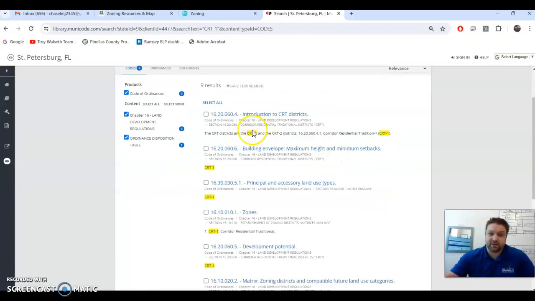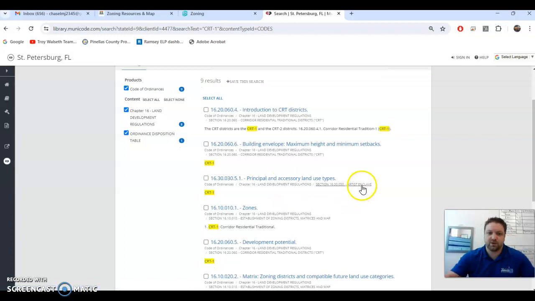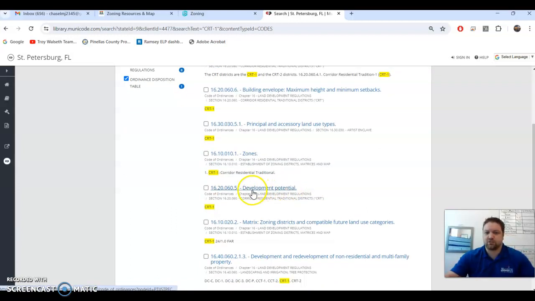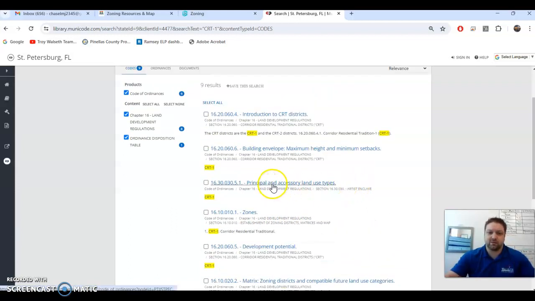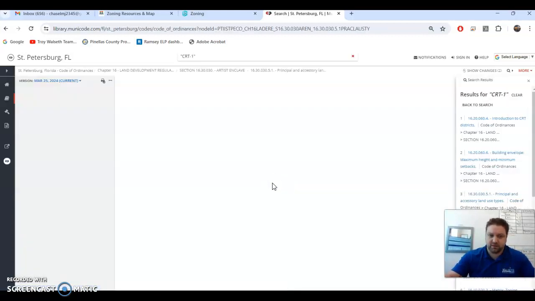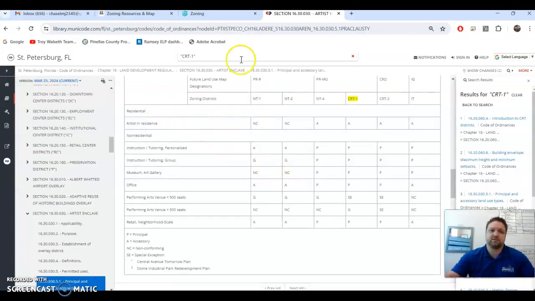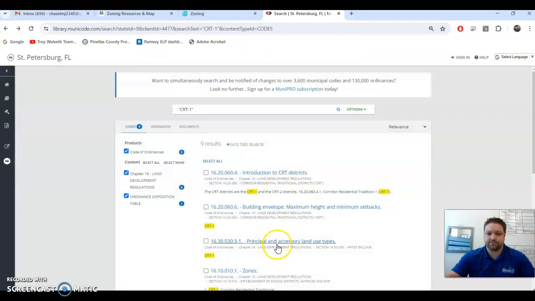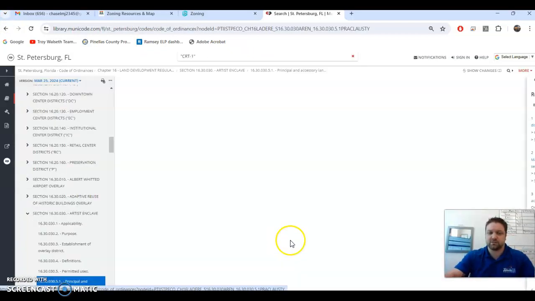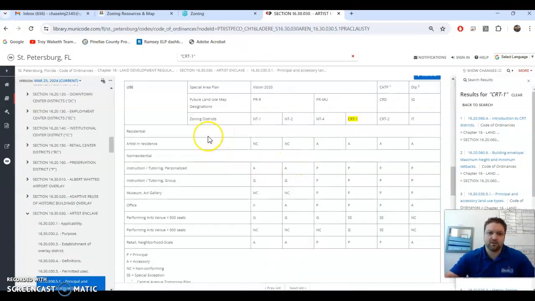It's pretty self-explanatory. They're for residential traditional districts. But then it's also going to tell you the principal and accessory land uses, meaning what you can do on a CRT1 property, and then development potential. So if you have somebody asking you, can I do an Airbnb in CRT1? The principal and accessory land uses are going to tell you if you're able to or not. So it's going to give you all these different types of uses, and it's going to tell you